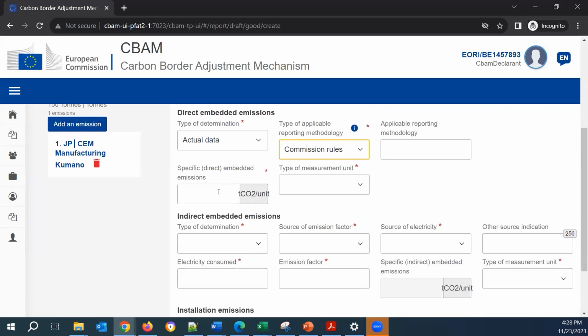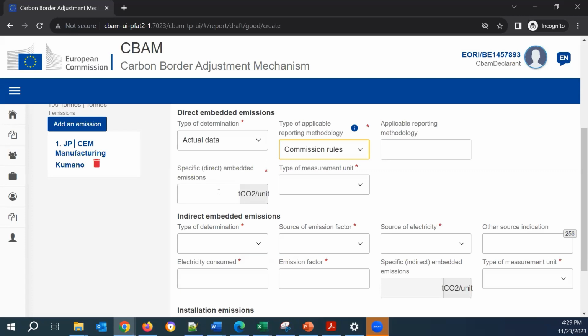The specific direct embedded emissions is, let me find it, here it is.